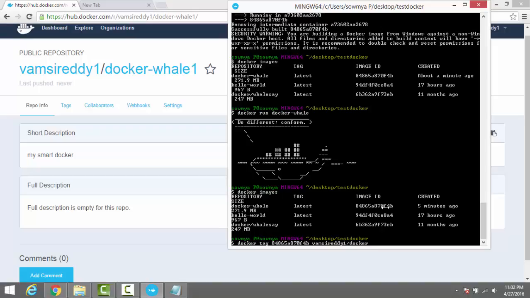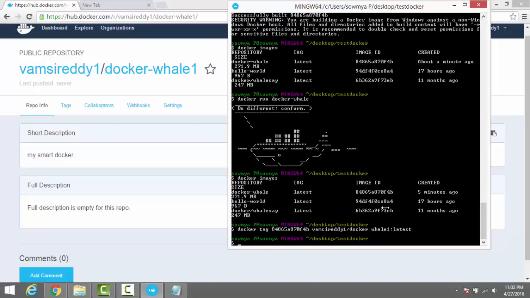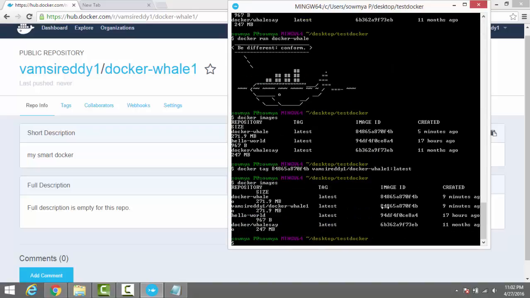My Docker account name is Reddy1. After that docker-whale1, because whatever you gave in that name you just use that, and after that you get this Docker image pushed to Docker Hub,